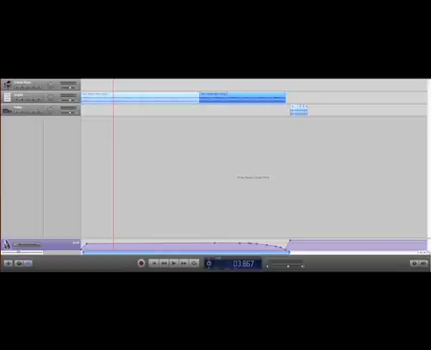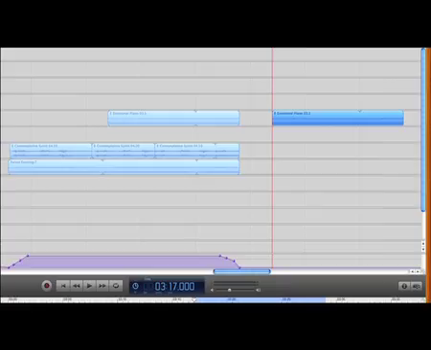Within this I did have to cut out a lot of certain tracks. This is why it took so long, because I was trying to get the timings completely right, and whilst I was creating the soundtrack I was also editing my short film, cutting little snippets out of here.